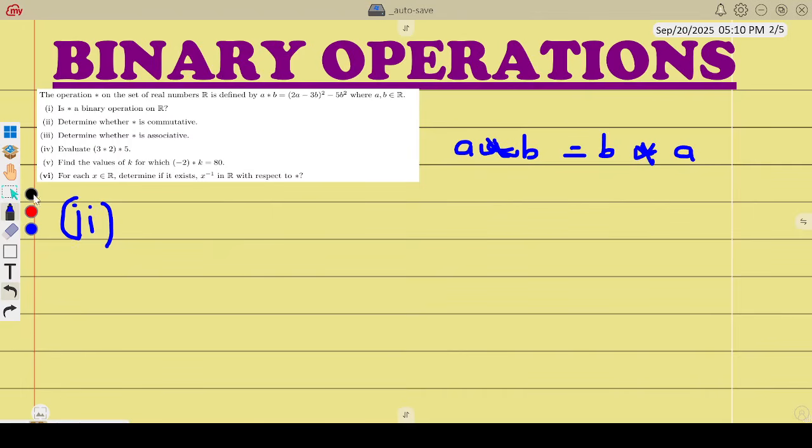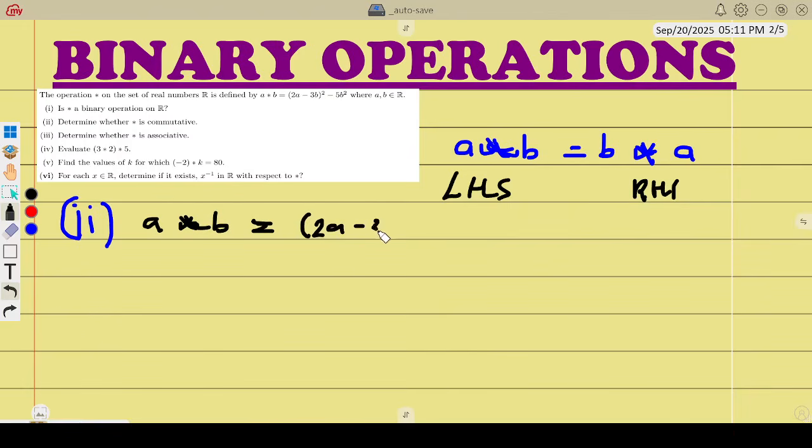We're going to work it out. This is called the left hand side and this is called the right hand side. We're going to deal with the left hand side first. The final answer, we compare it to the right hand side and check if we end up with the same thing. So starting with the left hand side, we have A star B,